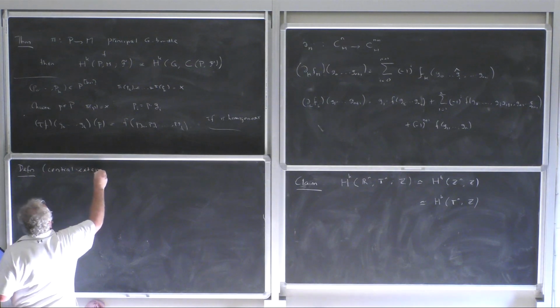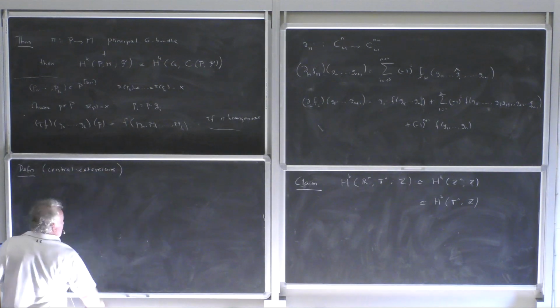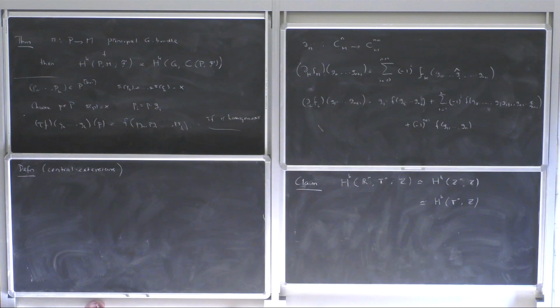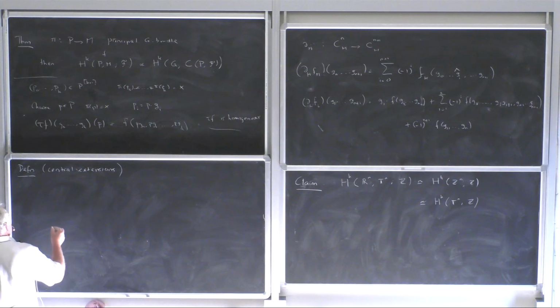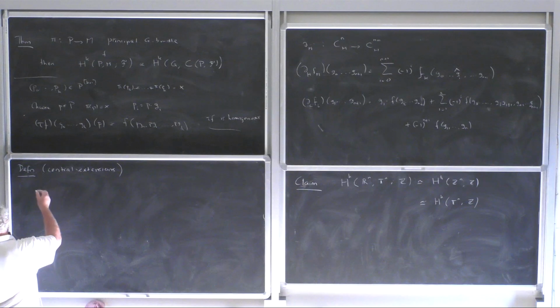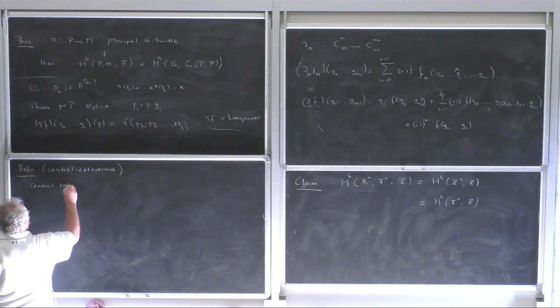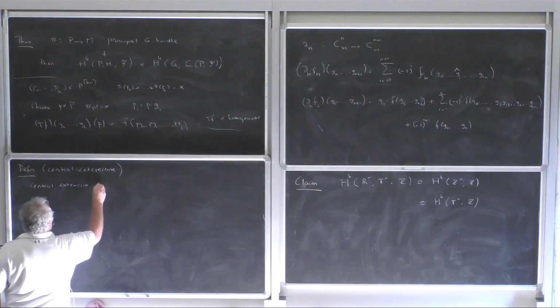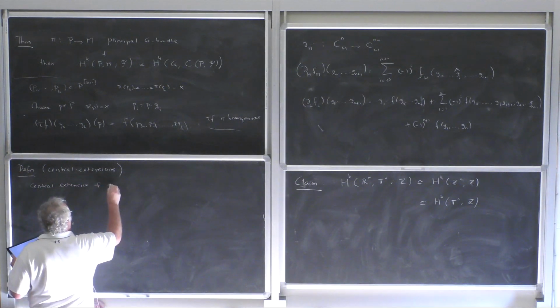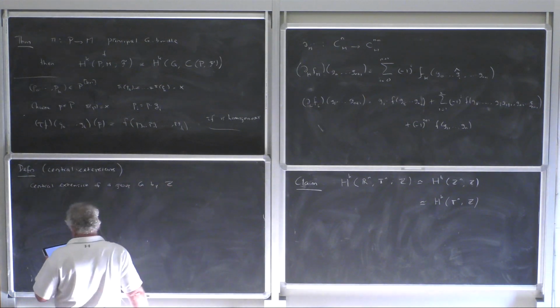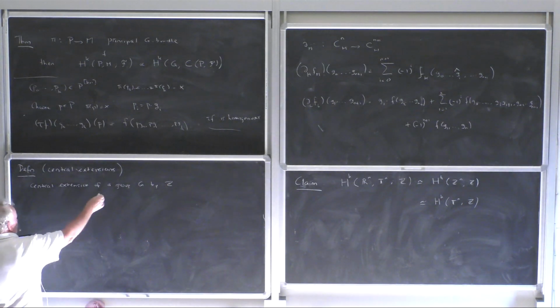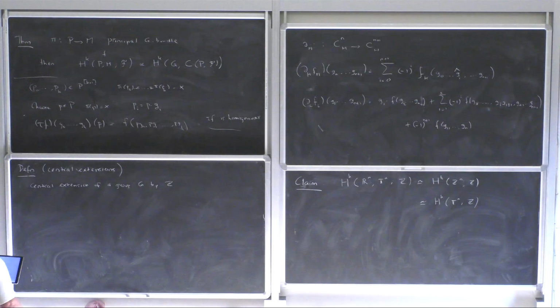The central extensions are going to correspond to circle bundles. So a central extension, well, let's do it over Z. A central extension of a group G by Z, so that you can generalize this to abelian groups,